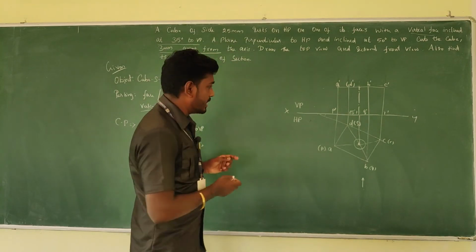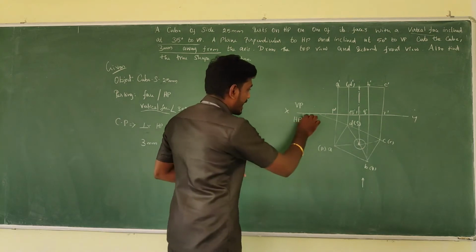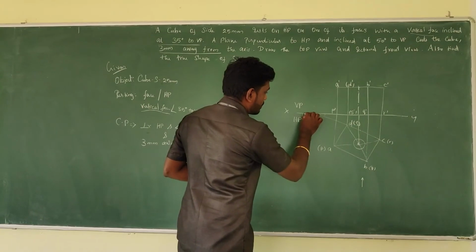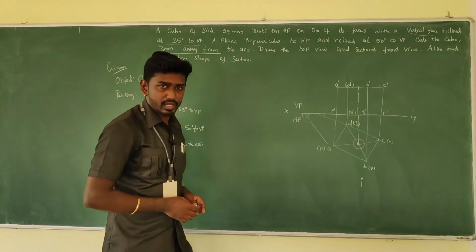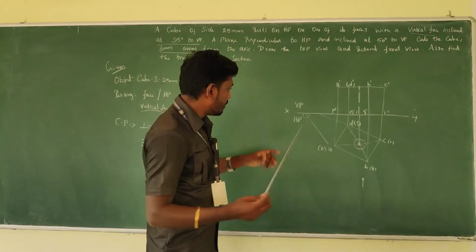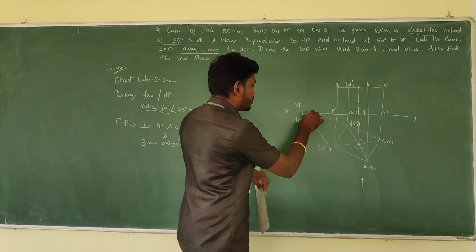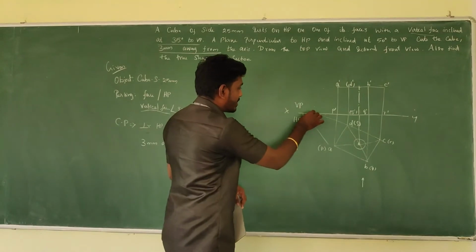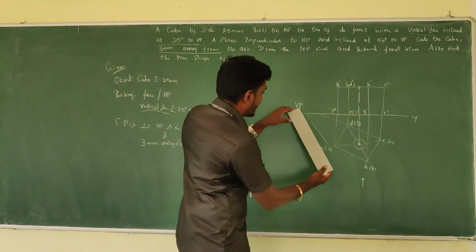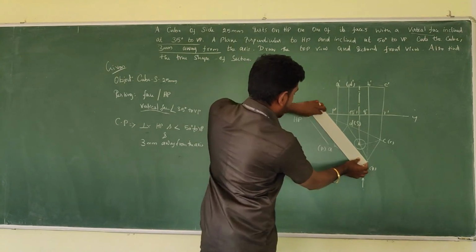Okay, so what we can do is, roughly somewhere here, keep the protractor and measure 50 degrees. Measure 50 degrees, so somewhat like this manner you will get the inclination. With the reference of this inclined line, which is not the real one, just for reference, you are making a 50 degree inclined line here. And afterwards, with the help of your scale, just move it with the same inclination.